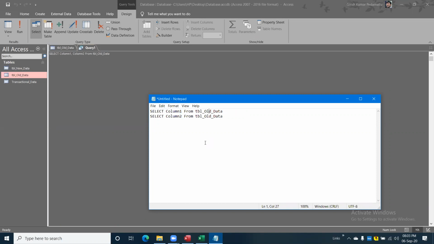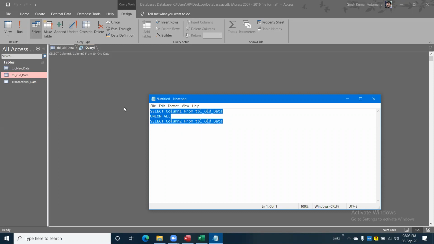In between these two lines, you need to write one more keyword, that is union all. That means select column 1 from this table, then union, which is nothing but append. What is the data you need to append? Select column 2 from table old data.